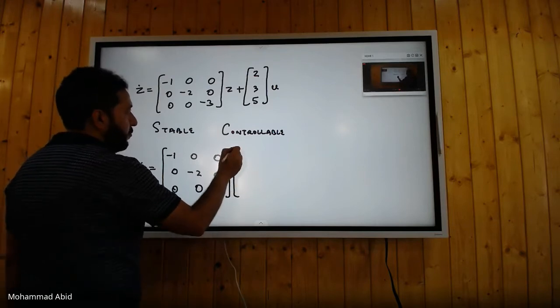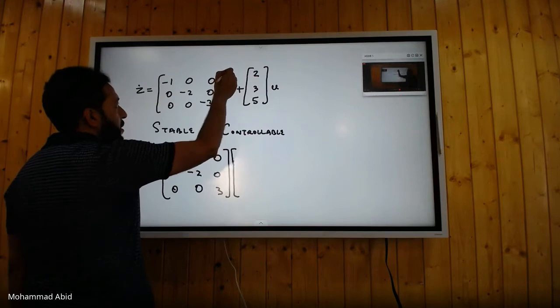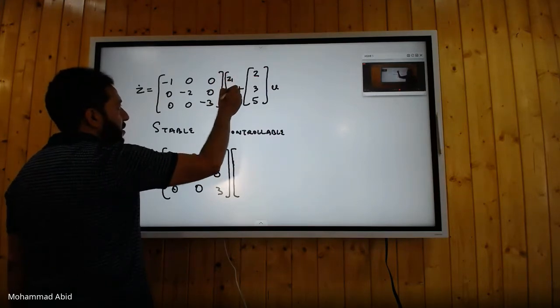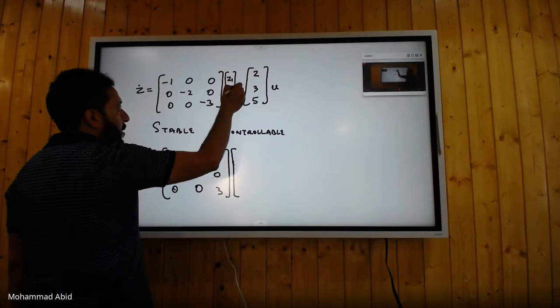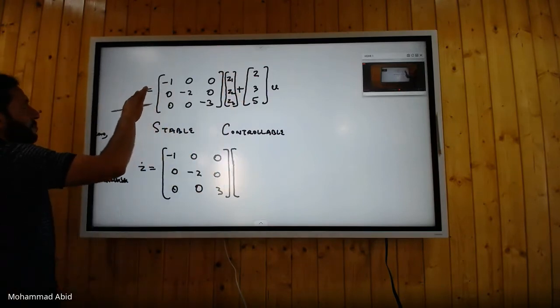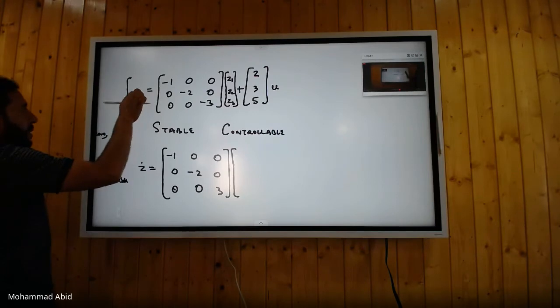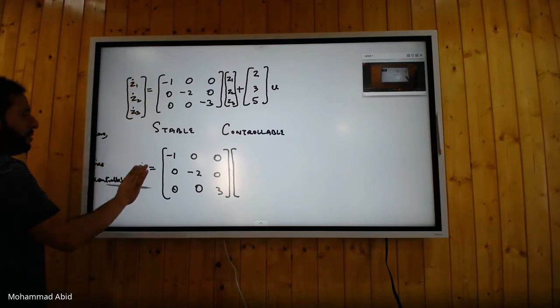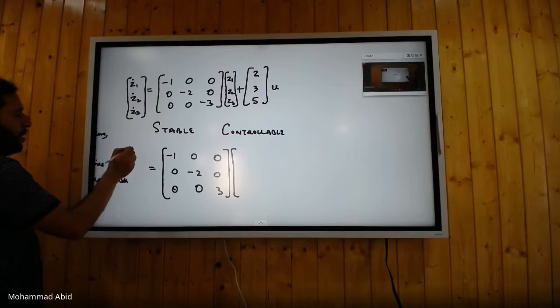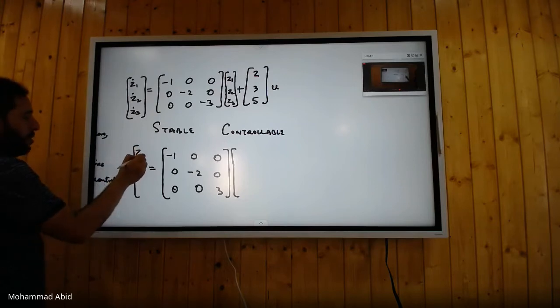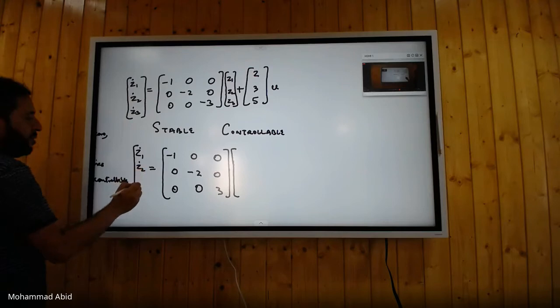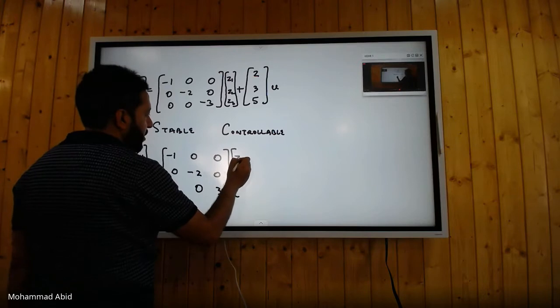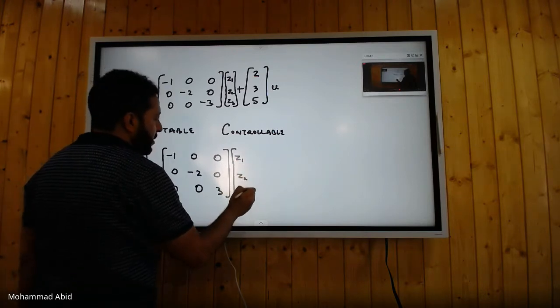Let me write it. पूरा लिखूं मैं, यहाँ पे भी मैं लिख लेता हूँ पूरा, ताकि आपको क्लियर हो जाए. I will write Z1, Z2, and Z3. यहाँ पे भी I will write Z1 dot, Z2 dot, and Z3 dot. Then I will write here Z1 dot, Z2 dot, Z3 dot. This is Z1, Z2, Z3